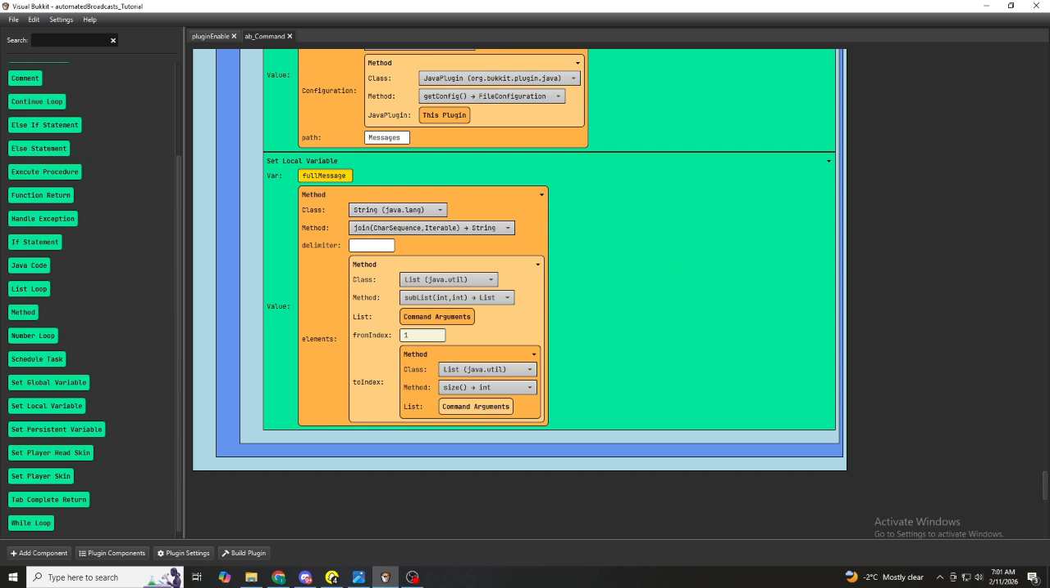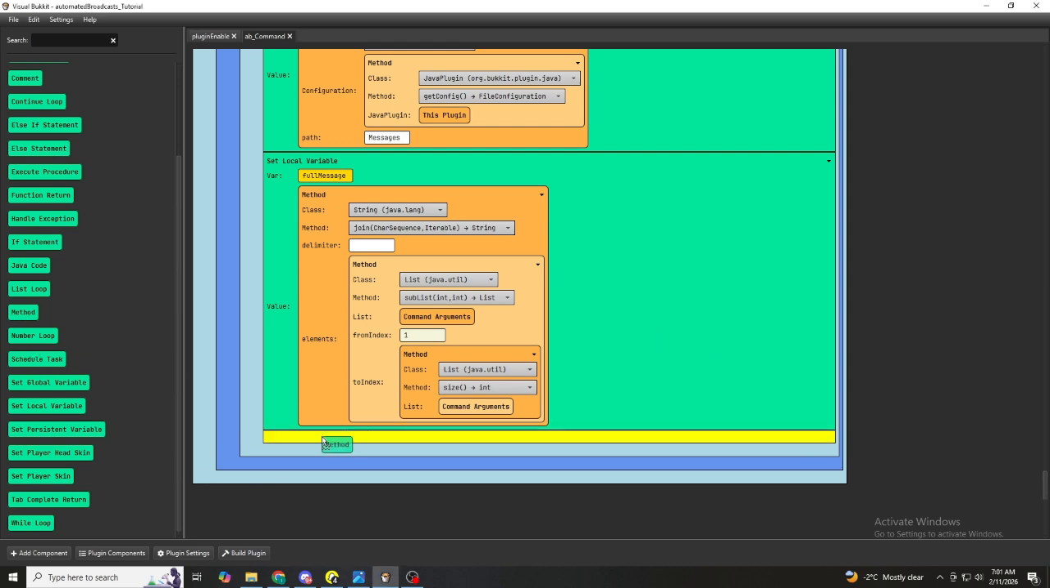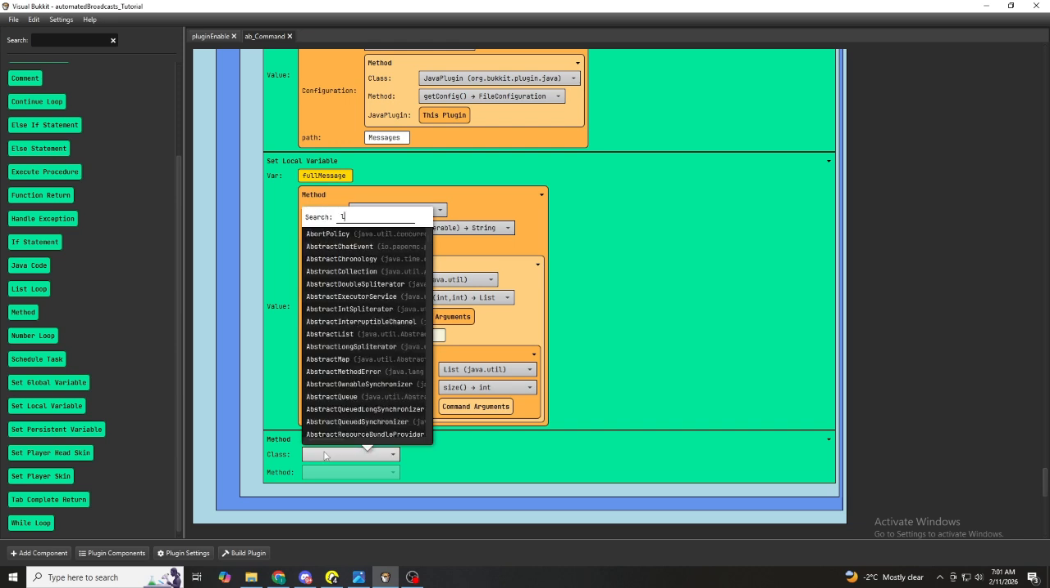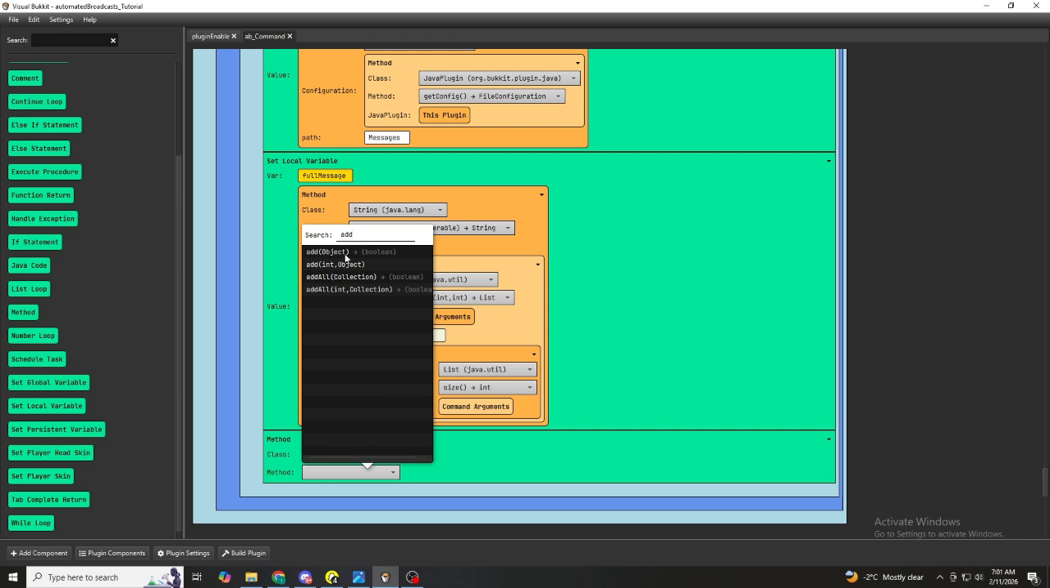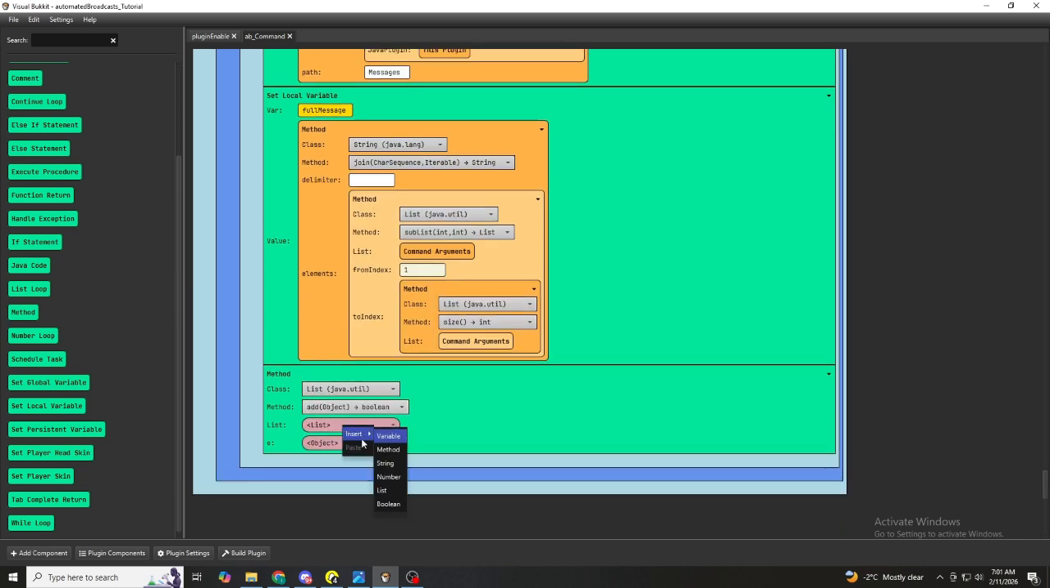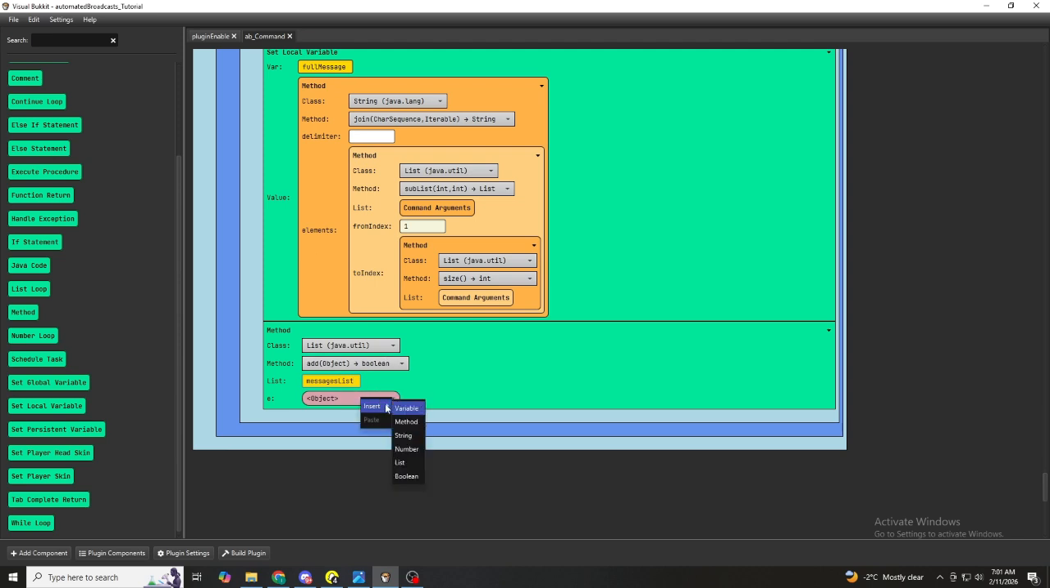So, the next thing you're going to want to do is put a method under here, and we're going to say list, and we're going to say add object, and we're adding it to the messages list. So we'll do messages list, and our object to add is going to be the variable full message. And then we're going to want to save the config again. So method